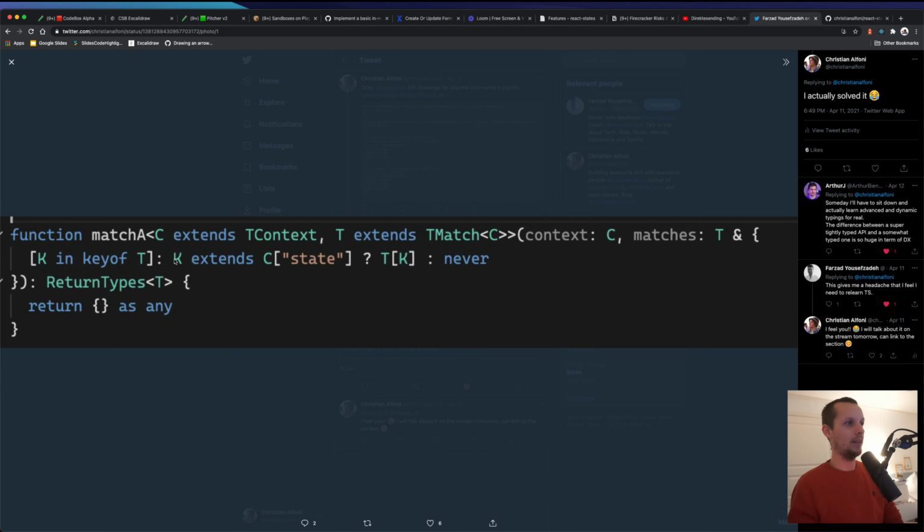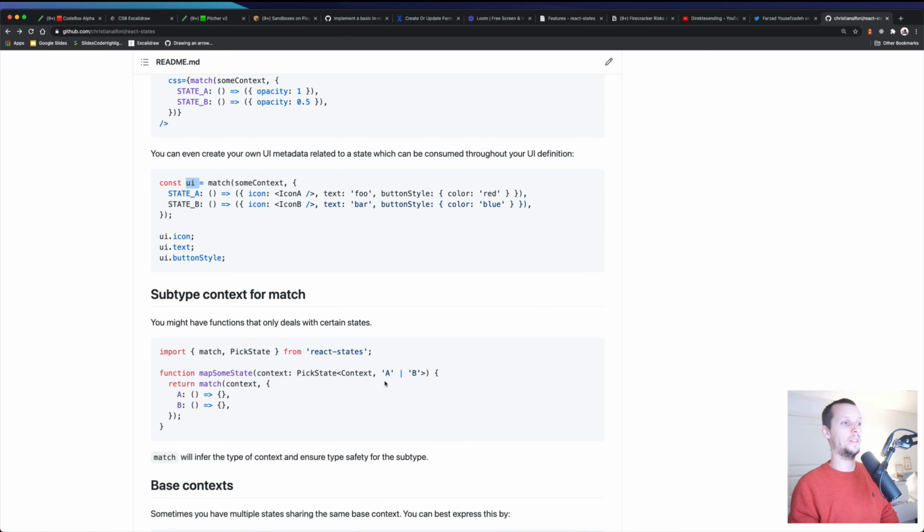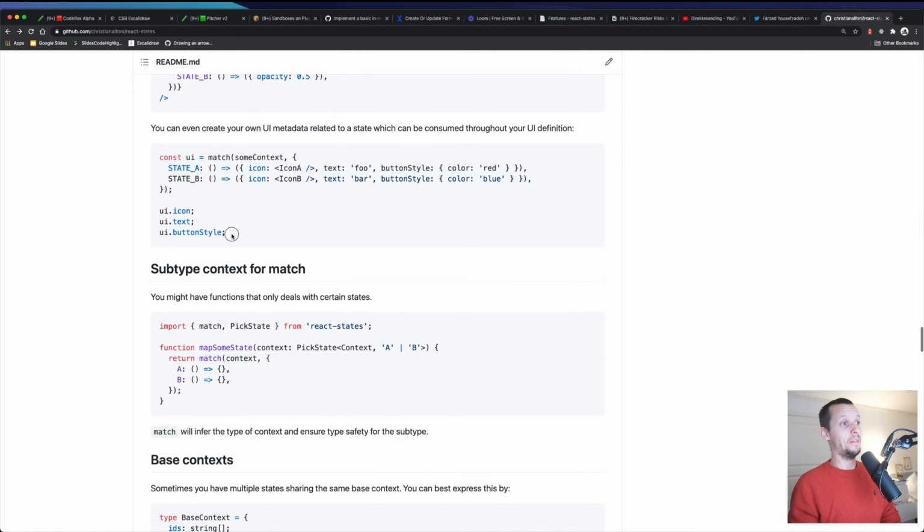Then we check, does this key actually extend the state? In foo and bar, that's the case, so just use whatever value is there. But if it doesn't extend the state, then give it never, which means it shouldn't be there. Then TypeScript yells at you, and the return type works, which is great.